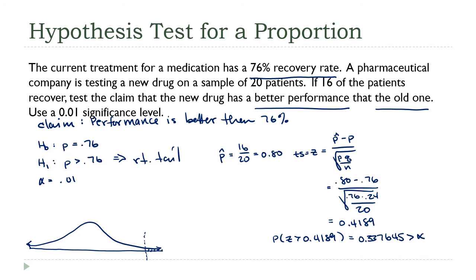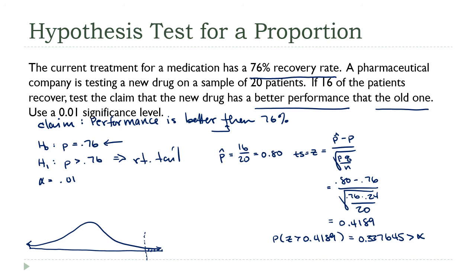Now here, our final statement is going to be different, right? Our null hypothesis, which we like, this is kind of my informal phrasing, the null hypothesis which we like is different from the claim, right? So because we like the null hypothesis, we don't like the claim. So what I would say is there is insufficient evidence to support the claim that the success rate of the new drug is better than the existing 76%. Okay,